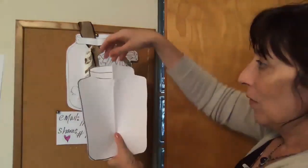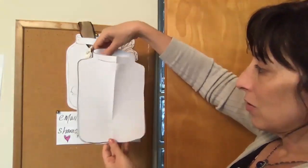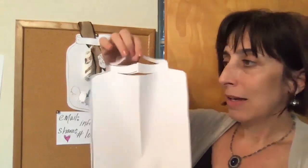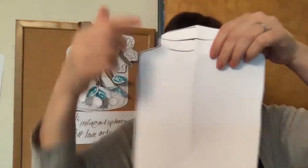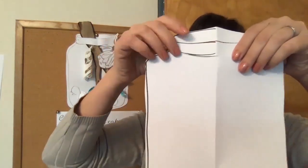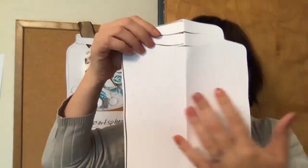So here we go. Here's our jar, look and see. So this side is the same as this side. Does everyone see that? In fact, if we made a dotted line down the center, it would be like looking in a mirror. This half would be exactly the same as this half. Next,